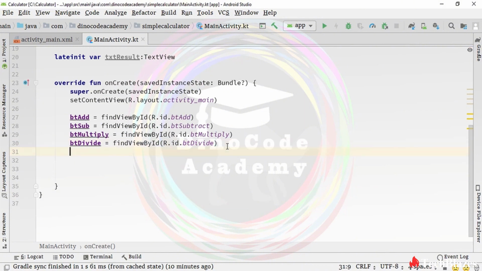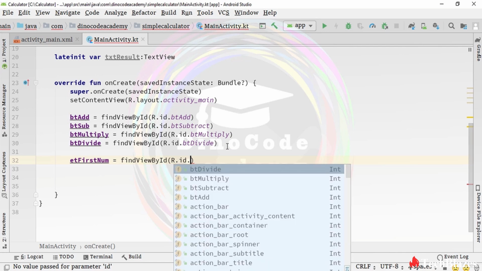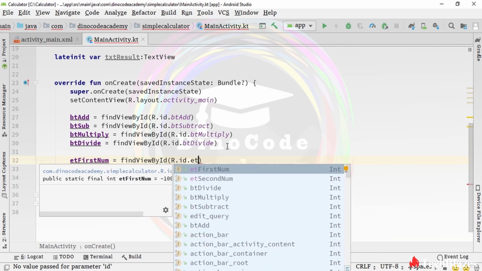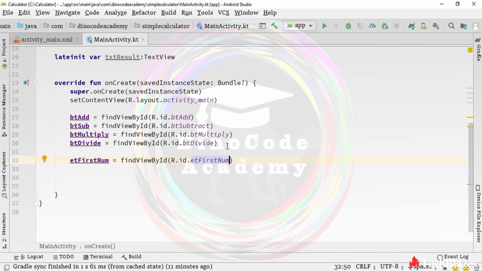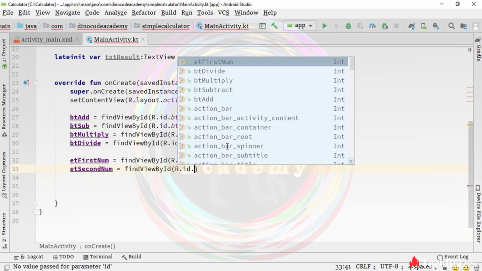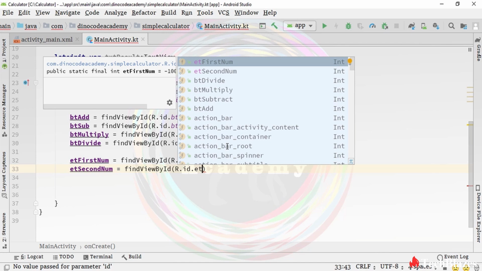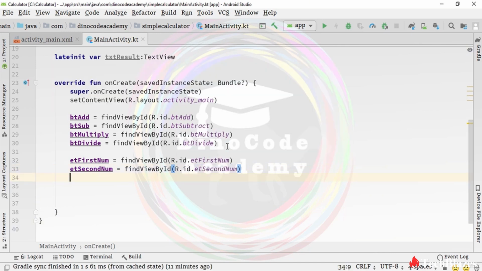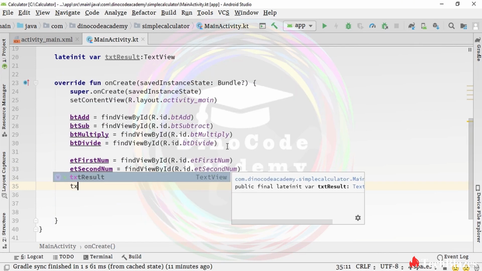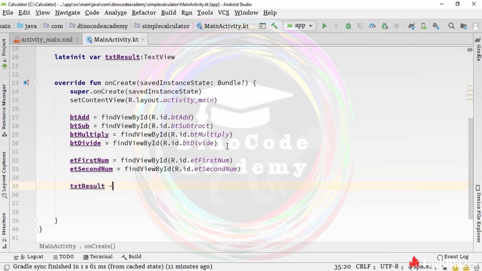Now it's time to initialize our edit text. So type it here et first num equals to findViewById, then R.id, and then type it here et first num, and then press enter key, then type it here second num, that is et second num, equals to findViewById, then R.id, and then here type et second num. Press enter key, then our last variable, which is the last text, that is txt result equals to,